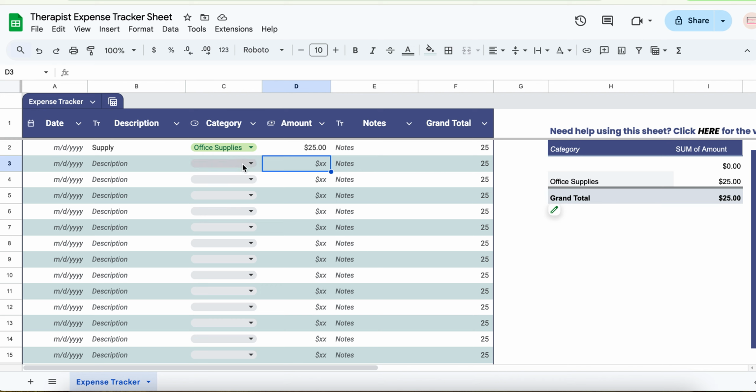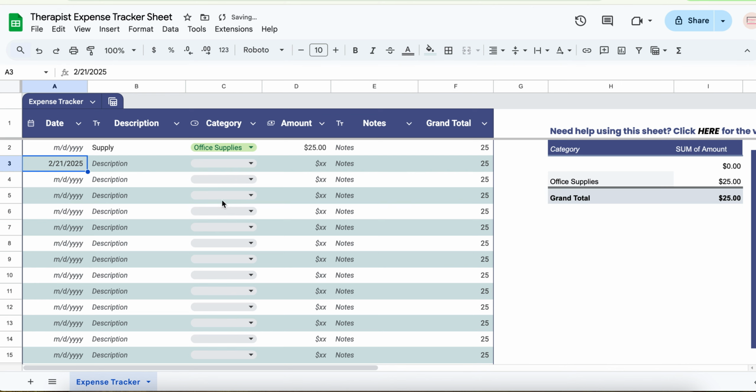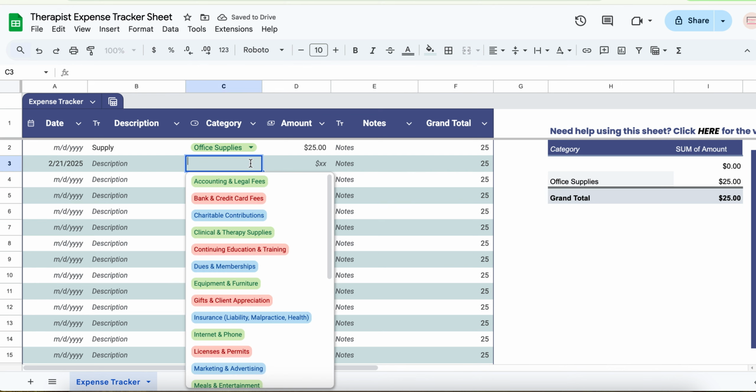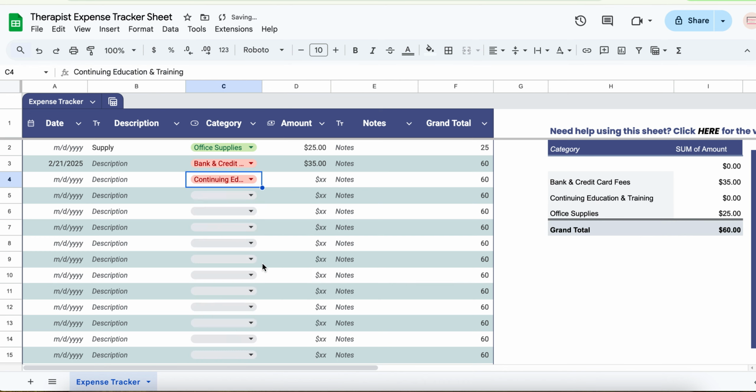So you can see, again, you could just click in here to add the date, like that. And then let's just do bank and credit card fees. We'll do 35, and we'll enter, and we can see it starts to add up here. Let's do one more. Continuing ed and training, let's just do 100 and enter, and it shows you the grand running total here